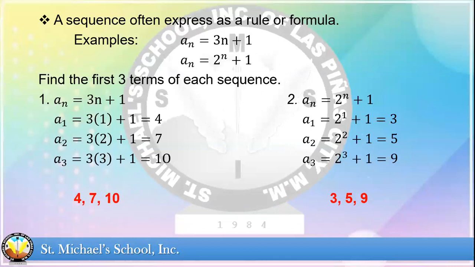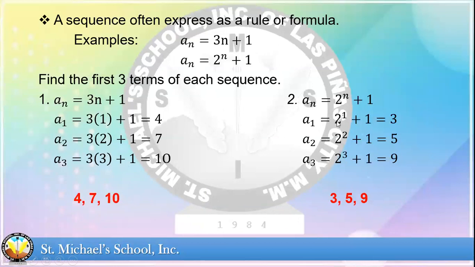So to find a sub 1, that means n is equal to 1. Then a sub 2, n is equal to 2. Then a sub 3, n is equal to 3. So let's simplify. 3 times 1 is 3 plus 1 is equal to 4. Next, a sub 2 is equal to 3 times 2 is 6 plus 1 is 7. Then 3 times 3 is 9 plus 1 is equal to 10. So the first three terms in this formula, a sub n is equal to 3n plus 1, are 4, 7,